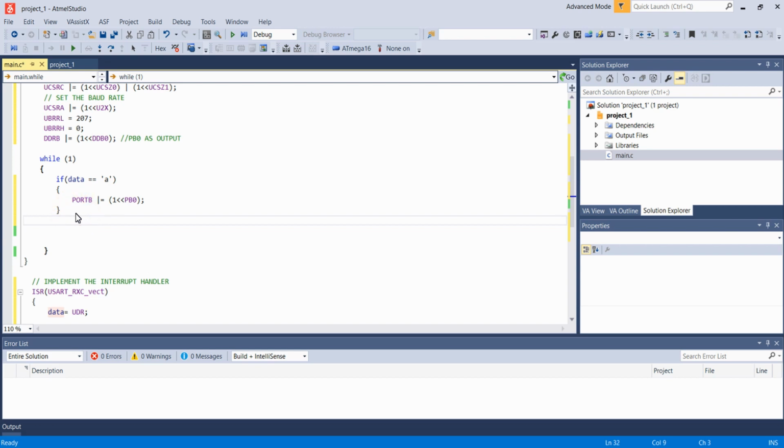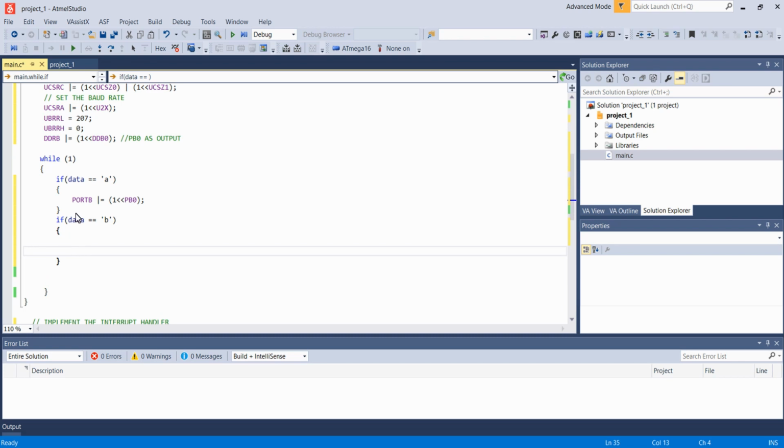Or if it is B, we will reset the PB0 bit, or we will clear the PB0 bit. So this will clear the PB0 bit.